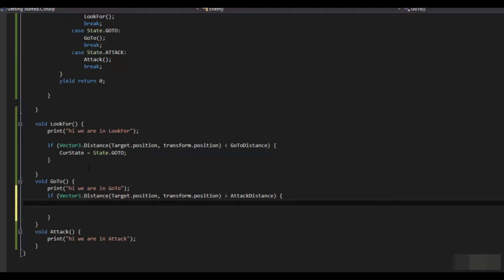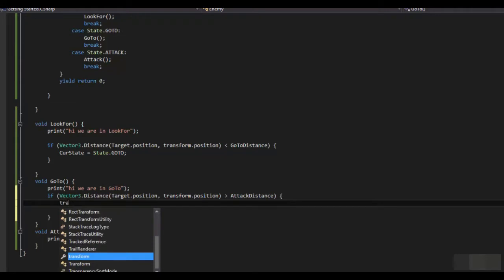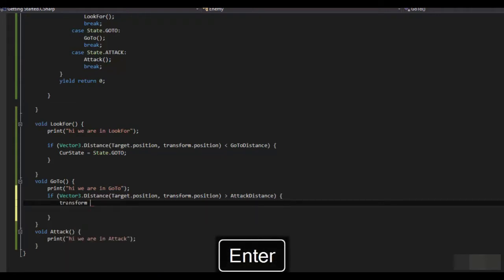We're going to do Vector3.MoveTowards, and all we need to do is set our position to that MoveTowards position. The way to do that is transform.position